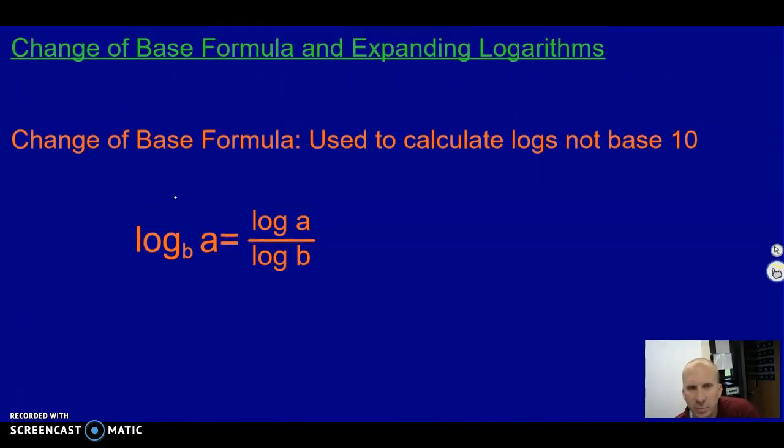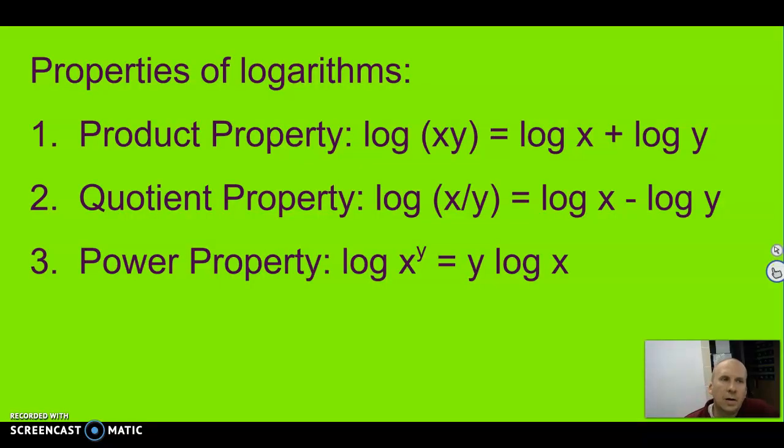Pretty straightforward and simple. Now we're going to talk about expanding logarithms, and these are properties that come in really handy when we get to solving and applying all of this in higher level courses. The other thing we're going to get into today is the properties of logarithms, and we're going to use those to what's called expand logarithms. The three properties that we're going to work with today